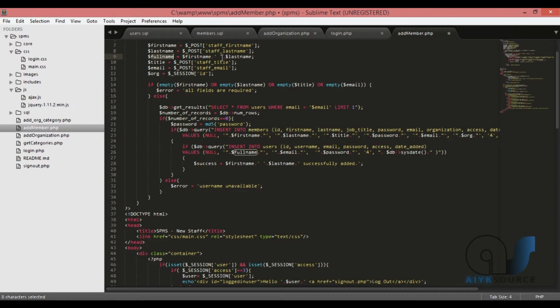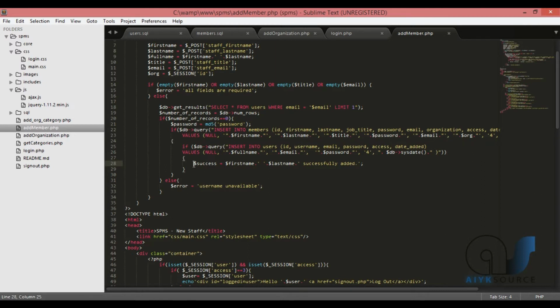I think this space in between is not wise since it's a username. Oh, it's okay. I'm gonna leave it just like that. Alright, and then email, of course, email, password, access level 4, and get added this. Afterwards, if this runs successfully, then we're ready to output our success message. Nice. I'm gonna save,